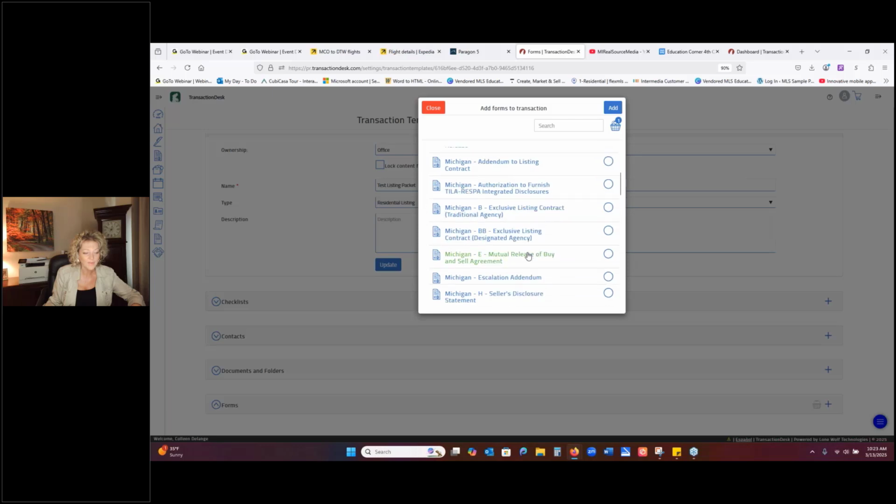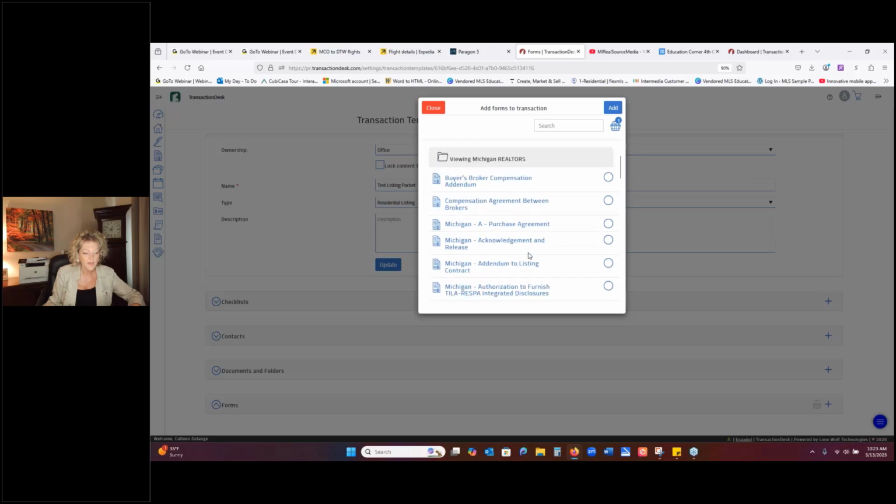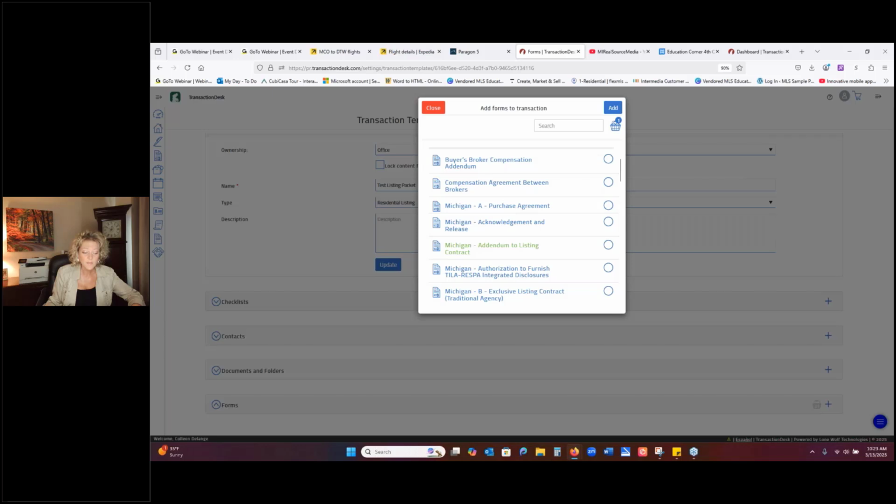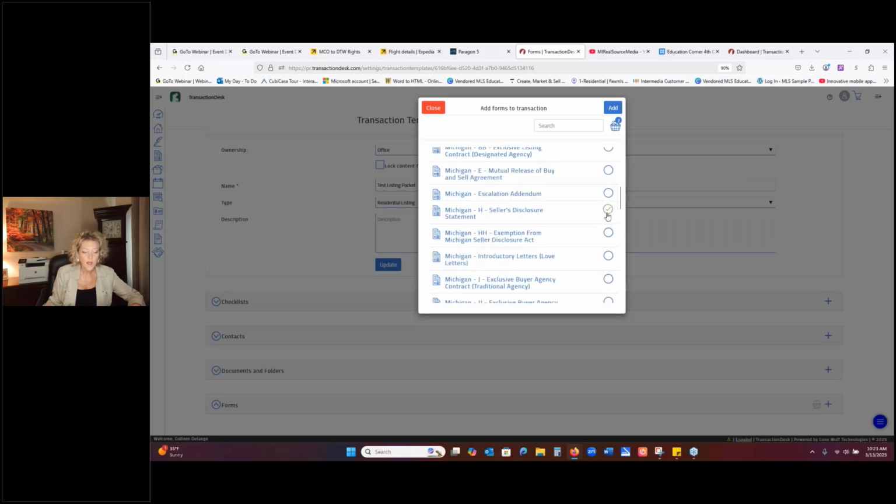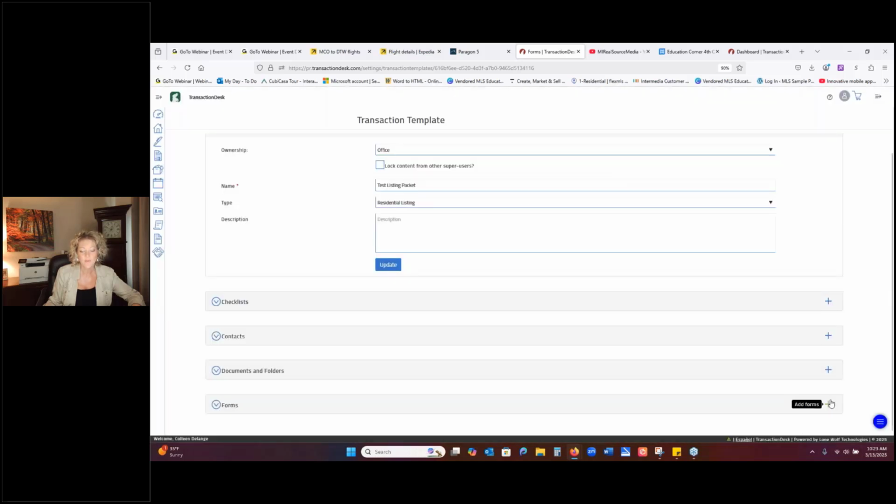I'm just going to grab a couple of these for the sake of time, but you get the idea. If there is a particular form, like seller's disclosure, you can also type it in the search here and it will come right up. So instead of having to do that every single time,